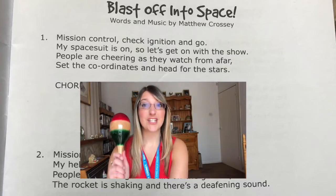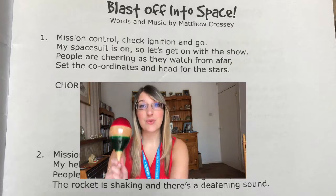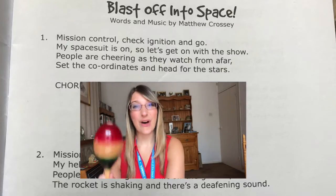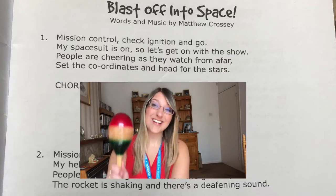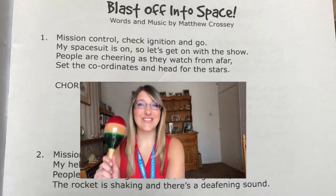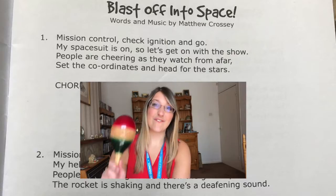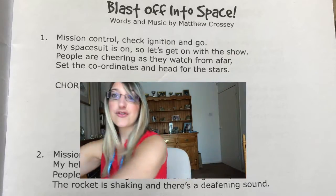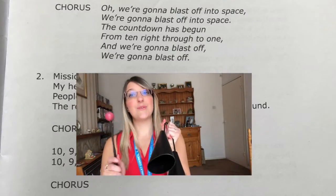Mission control, check ignition and go. My spacesuit is on, so let's get on with the show. People are cheering as they watch from afar. Set the coordinates and head for the stars. We're gonna blast